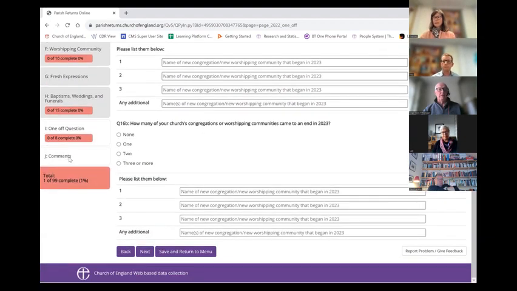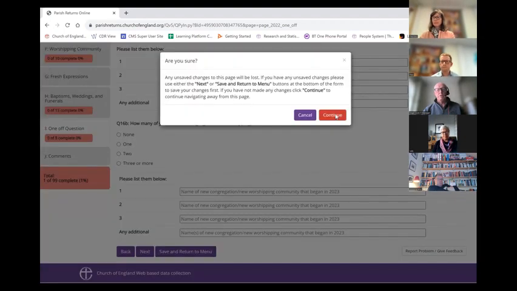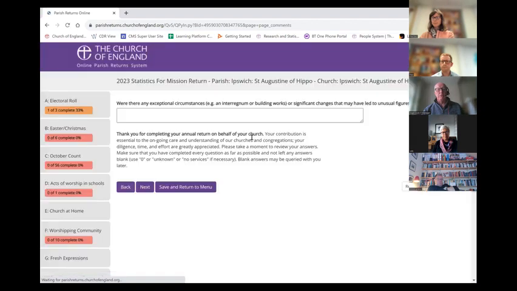Finally, I'm going to go to J, which is a comment. So this allows you to put some information back onto the form. You can, if there are any exceptional circumstances, for instance, in 2020, yes, there was a COVID pandemic. For me, also in 2020, we were in interregnum. It's just worth mentioning these factors which might have some impact on the numbers that you return. Finally, you'll hit save and return,